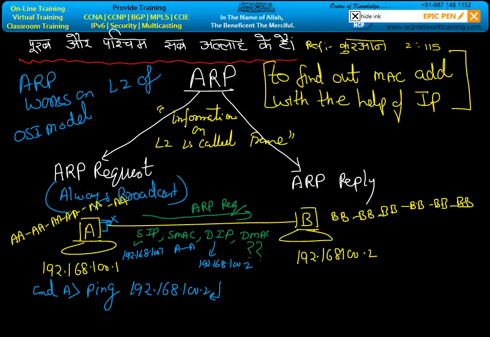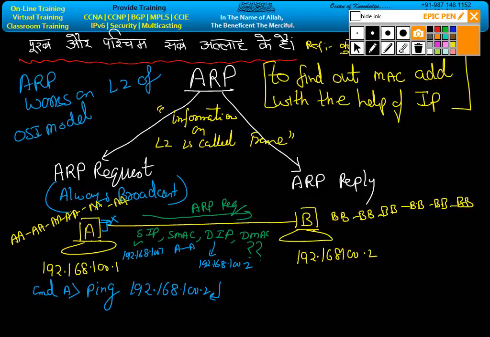In the ARP request, what is the message of machine A? My name is 192.168.100.1, my house is AAAAAA, I want to know the house number of 192.168.100.2. Anybody hearing me? I want this one. This message will be sent to machine B as a broadcast,